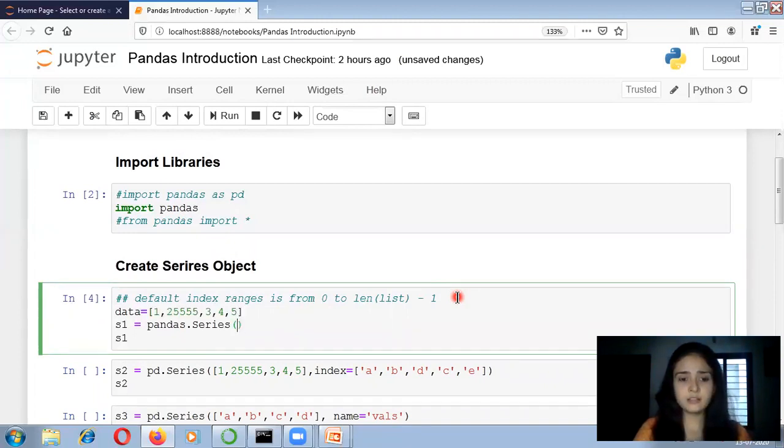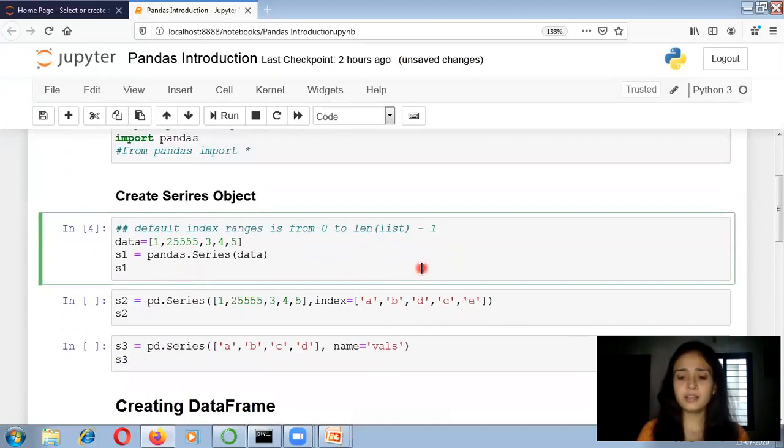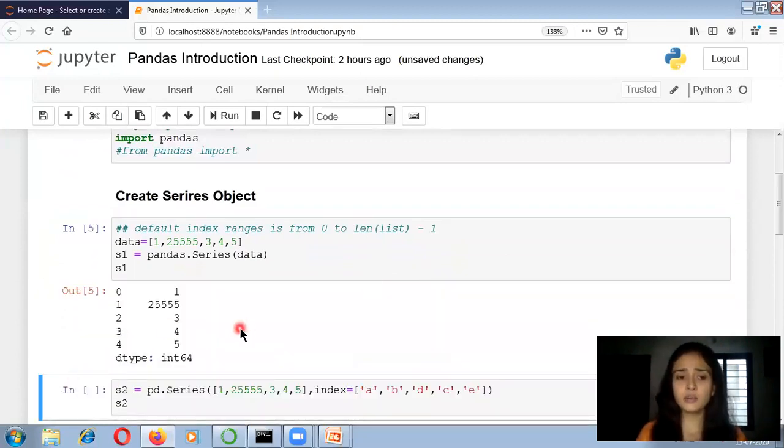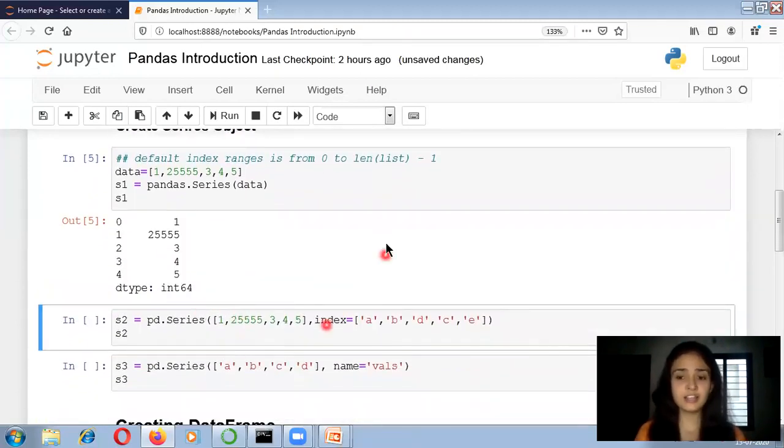So this is my list, and I can write the data like this, or else you can pass this list directly as an argument. Now I am printing this s1. Then you can see that my Series object is created. This shows my row index, 0, 1, 2, 3, 4, and this shows my values, and you can see it is showing the type as int64. So this is my Series object.